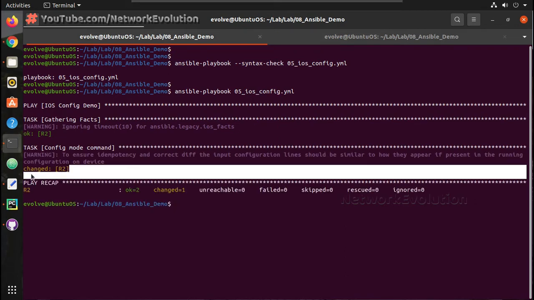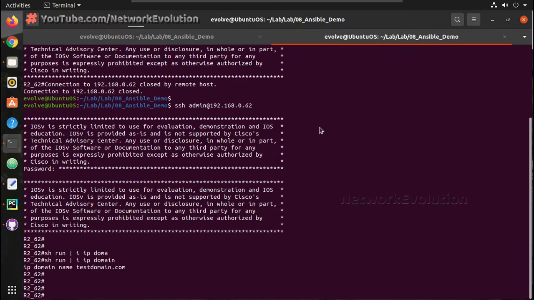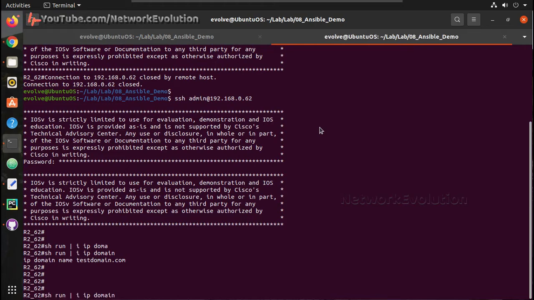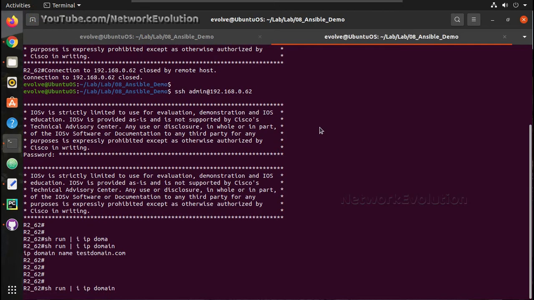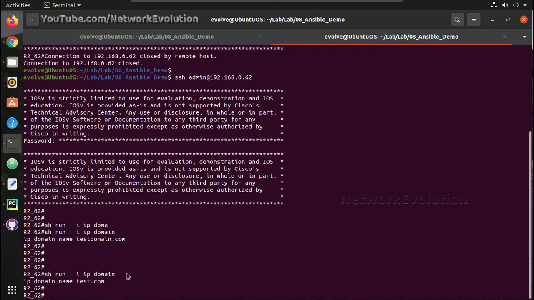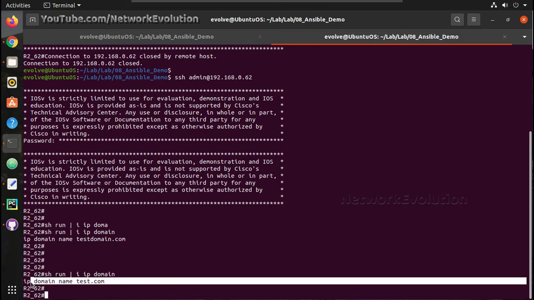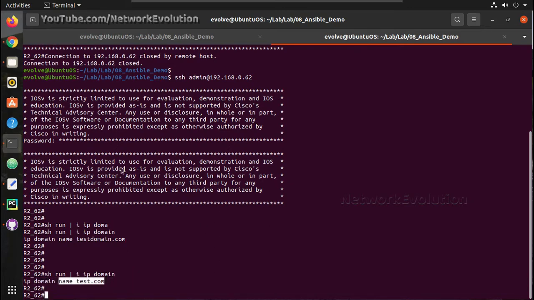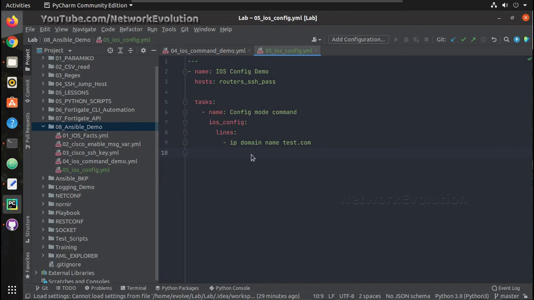You can see the status here is changed, so we'll go and verify it in the device. This has changed the IP domain name configuration. In this way you can configure all the direct configuration of the device.